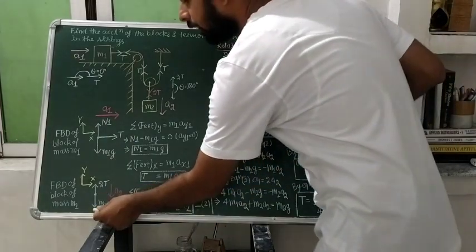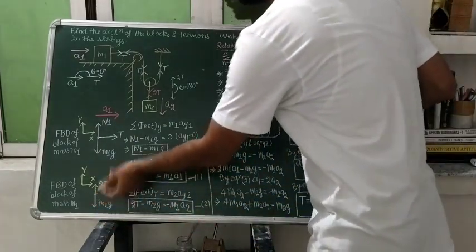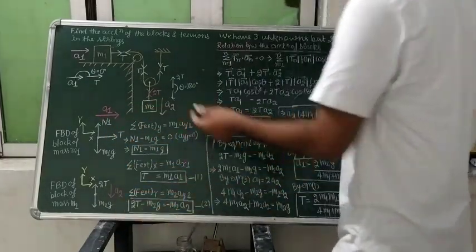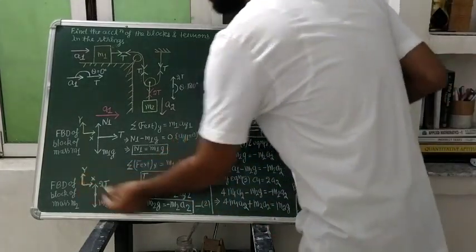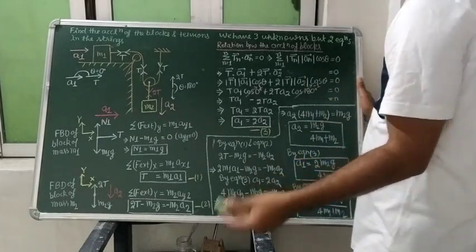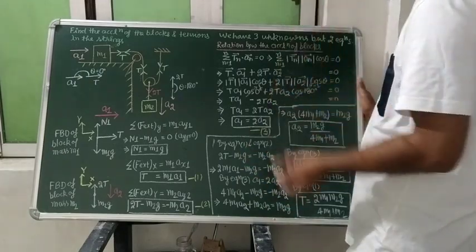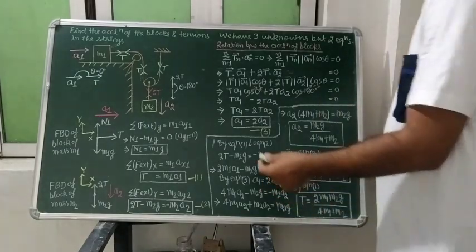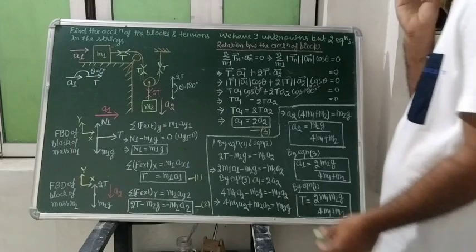So force due to gravity is going to act in the downward side, and tension 2T will act on the upside, and the block is accelerating downward, we had assumed. So suppose we are selecting the coordinate like it, upside is positive. Since there are no forces present in x direction, we will not apply Newton's second law in that x direction. We will apply Newton's second law in y direction only, since it is accelerating in y direction and forces are present in y direction only.